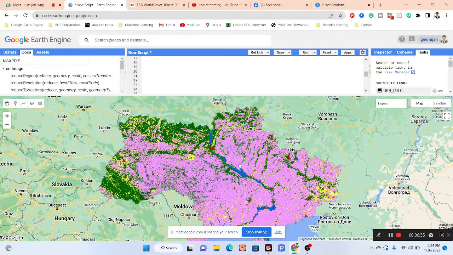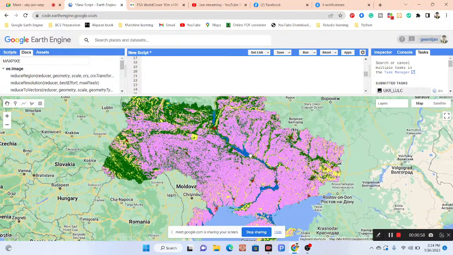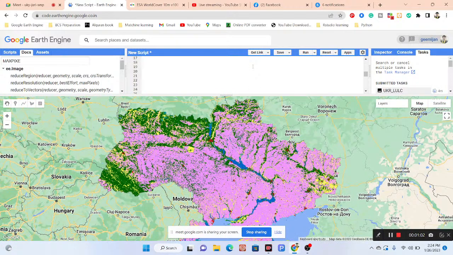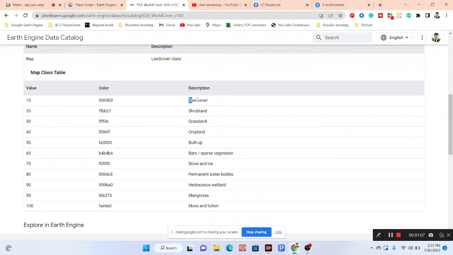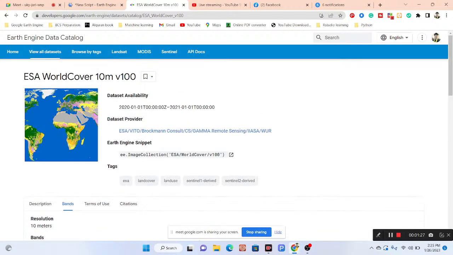In this time you can see I already added the classified land use land cover map for Ukraine, and we can classify all of the classes, such as tree cover, shrubland, grassland, cropland, built-up area, bare land, snow and ice, permanent water bodies, herbaceous wetland, mangrove, moss and lichen. So we can classify all of the classes, and this data set provides you